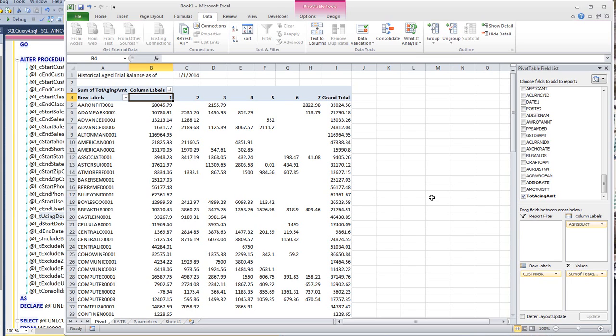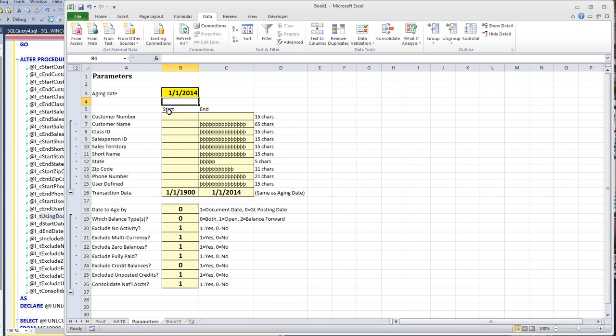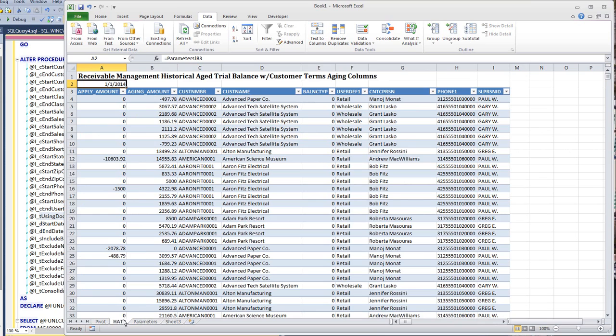And that is as far as I'm going to go in this presentation. I think this has shown you all the details about setting up a refreshable Excel workbook, a Refex, using a stored procedure, and how you can use a parameter block and point the stored procedure parameters to the cells on the Excel workbook to feed the stored procedure, and then dynamically alter it to give you pretty much everything you need. If there are any questions,